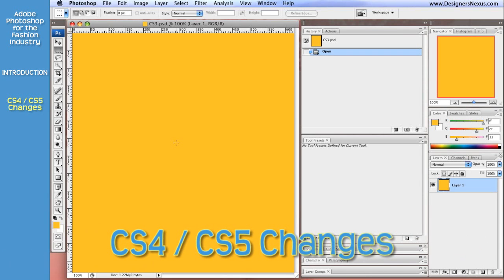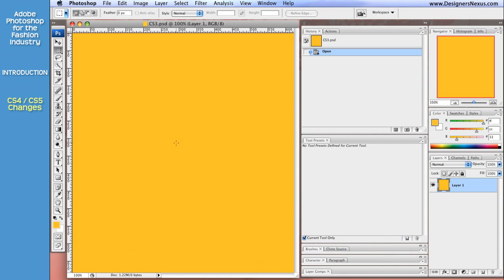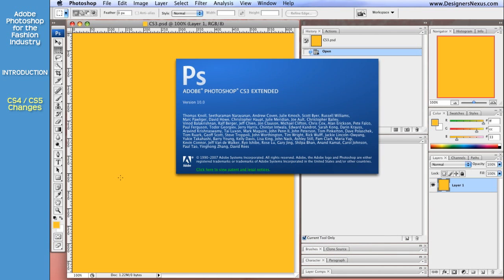This course is designed to introduce you to essential Adobe Photoshop tools for the fashion industry. Although we used the CS3 version and the overall appearance has changed with CS4, most tools, techniques, and features we will show you have not changed. So even if you have a new version of Adobe Photoshop, you will still learn everything you need to create